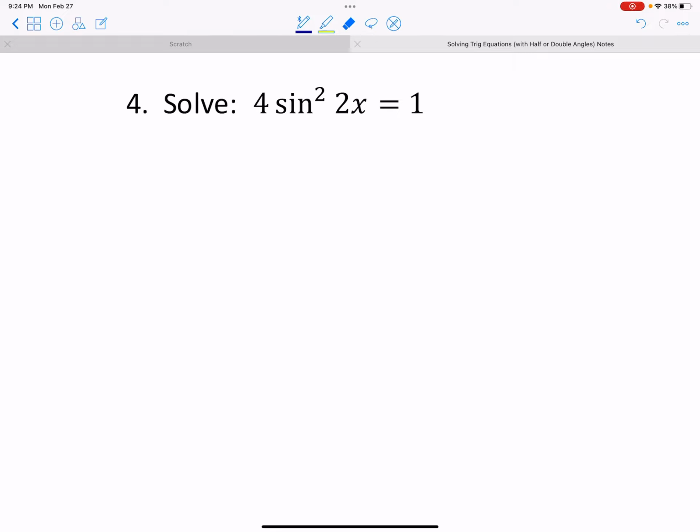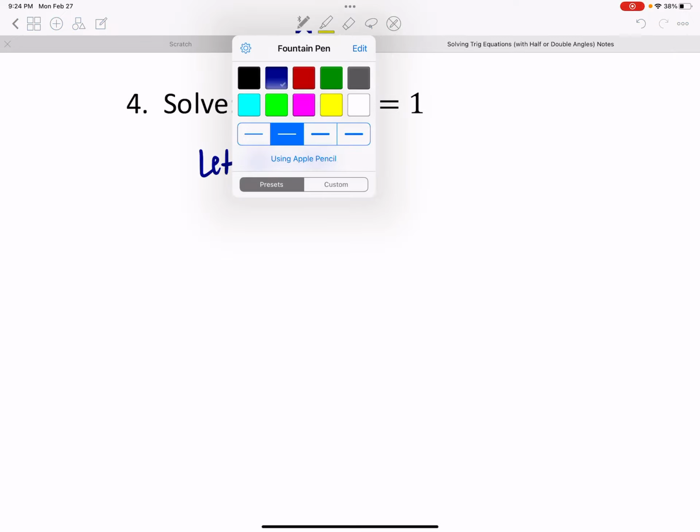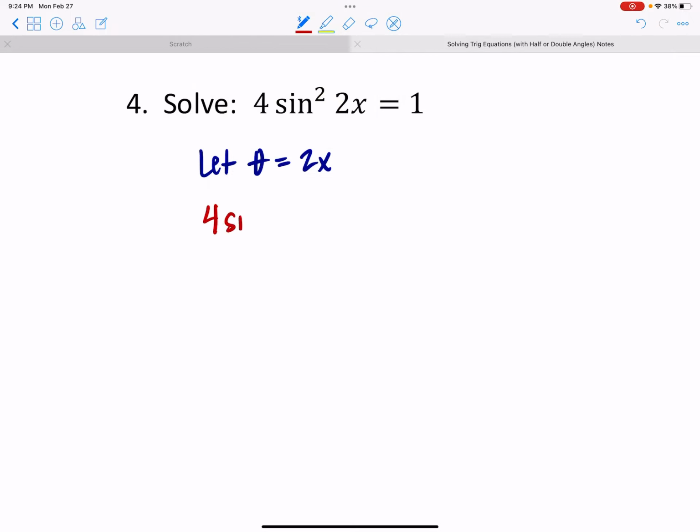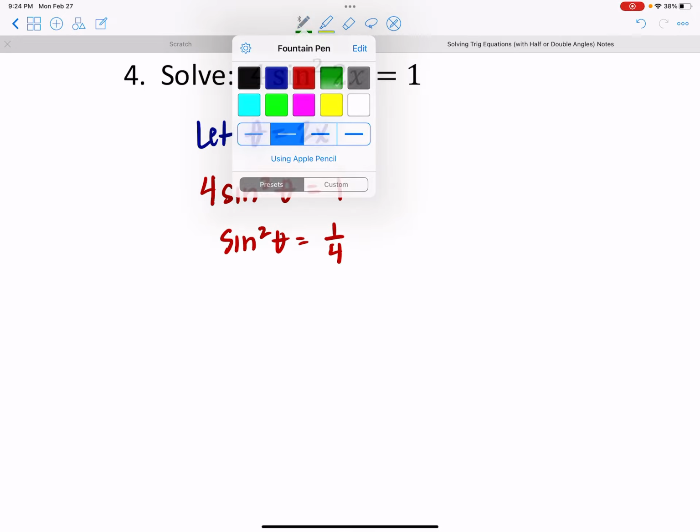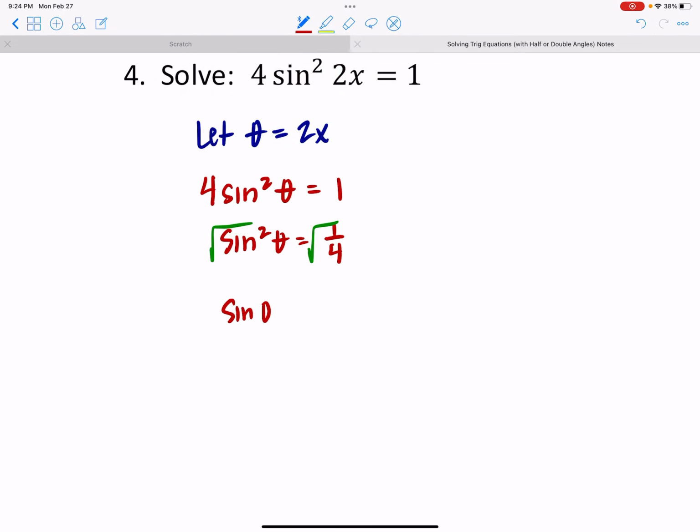So first thing I'm going to do, since I don't have a domain to worry about with the double angle, is use some substitution. Let theta equal that double angle. So 4 times the sine squared of theta is going to be equal to 1. I divide that 4 over, which means the sine squared theta is going to equal 1/4. And then take the square root of both sides, so that my sine of theta is going to be equal to a positive or negative